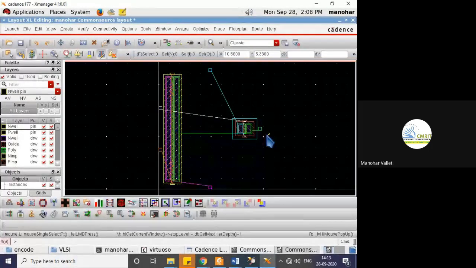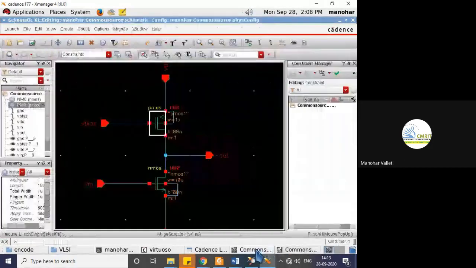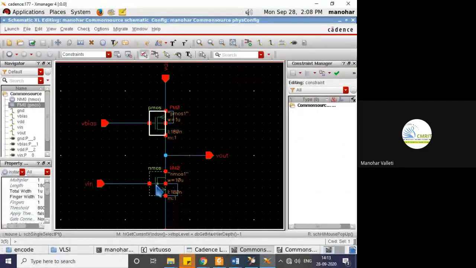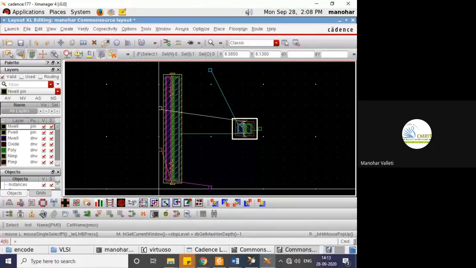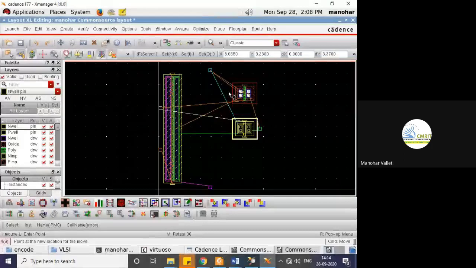Now I want to replicate this layout same as your schematic. In your schematic, PMOS is above and NMOS is below, so accordingly I want to replicate it. You can see in your schematic it is highlighting the PMOS, meaning I selected PMOS in your layout editor. So I want this PMOS to be on top.